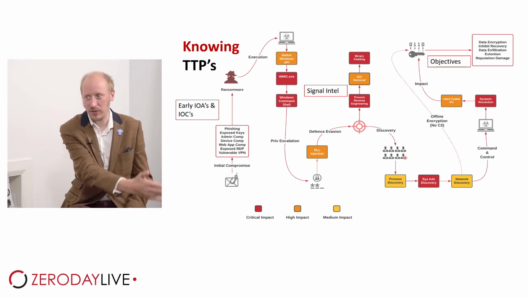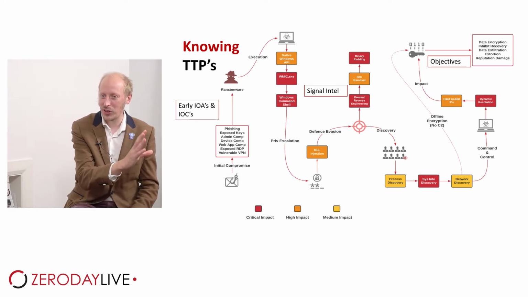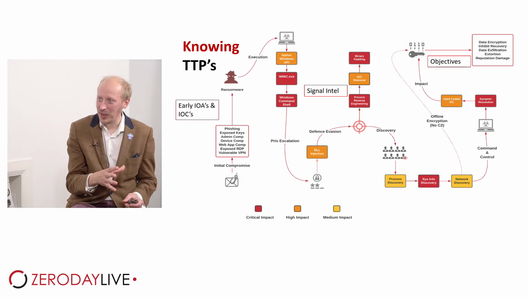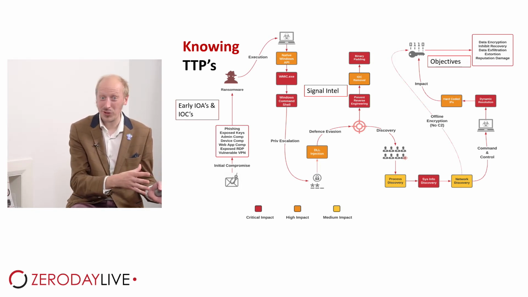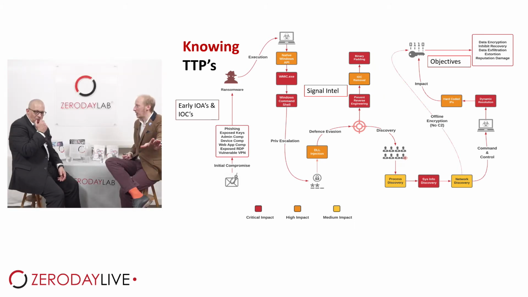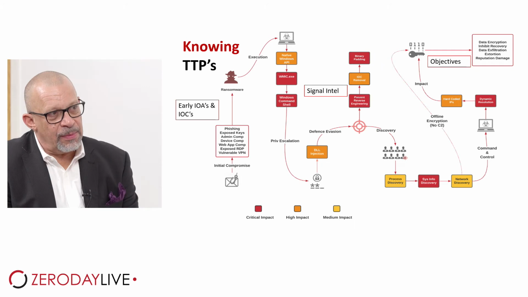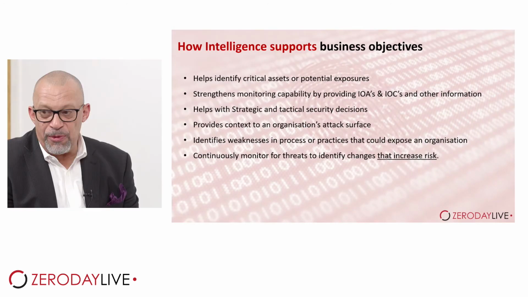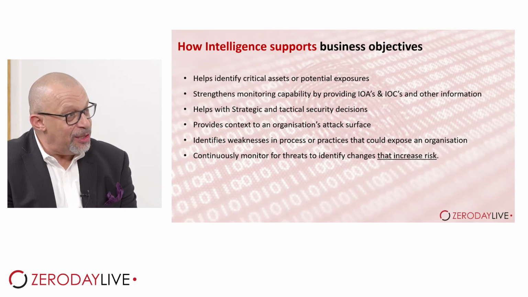And I've used this in previous presentations, but from a slightly different lens. The same information can be used again from a detection point of view, but also from a practice for intelligence. These are things that we need to be knowing about now, so we can monitor them. Hopefully, we can detect these things early in the process. Not when it's too late, when they've already got our data. So it helps with defence, it helps with staying on top of things. So A before C, attack before compromise.